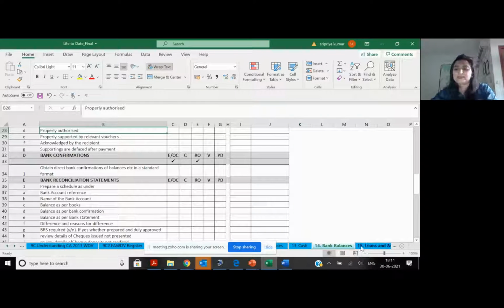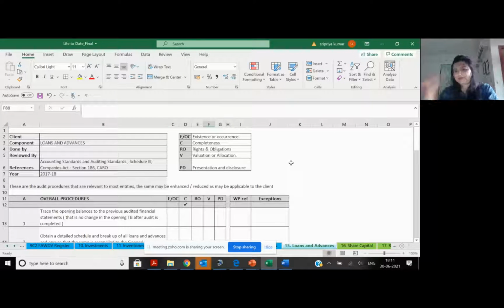The last category of assets that I'm going to talk about today and the final part of my presentation. In fact, these are intended to be 1 hour primarily because I thought 2 hours is like too long for anybody to focus and make it meaningful, and somehow I feel it loses its joy. So the last segment is loans and advances.